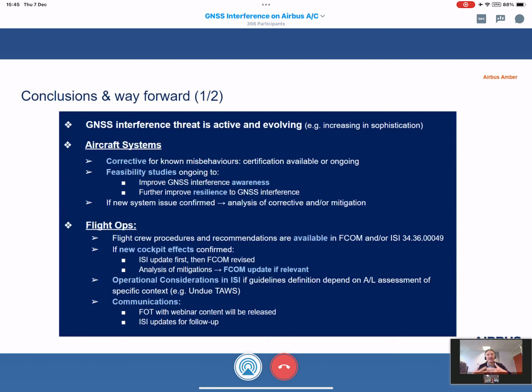We use the ISI first just for you to provide with information as soon as possible, and we do not depend on the FCOM revision cycle of your airline. So ISI is to go fast, but our goal is also, when we consolidate any mitigations, any operational mitigations, any recommendations, or any procedure, it will be added in FCOM PROSIP.